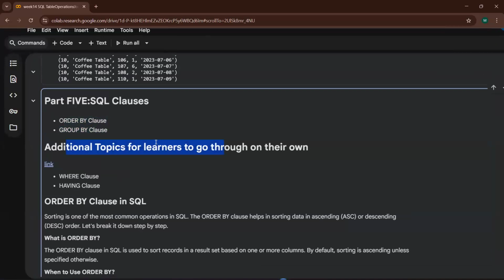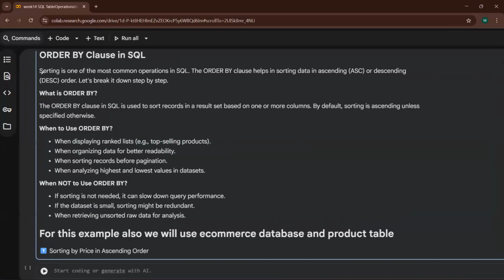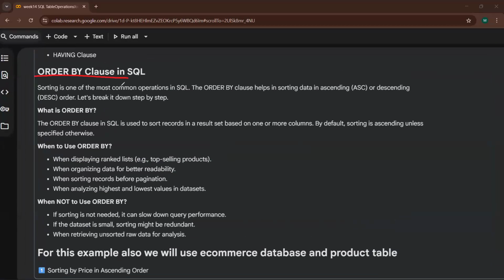First of all, here comes the order by clause in SQL. Sorting is one of the most common operations in SQL. The order by clause helps in sorting the data in ascending and descending order. Let's break it down step by step. The order by clause in SQL is used to sort the records in a result based on one or more columns.